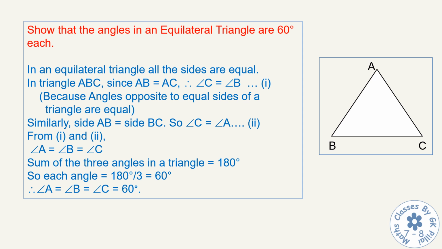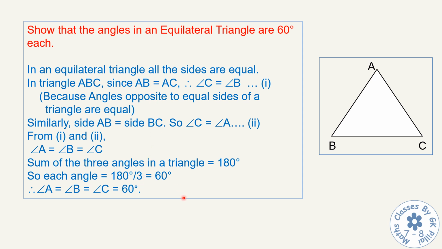Now, before going further, you should learn how to prove the different angles of an equilateral triangle is 60 degrees each. You must be knowing by now all the three angles of an equilateral triangle is 60 degrees each. But this is explained the way it is given here. I have explained it briefly, but it is explained fully